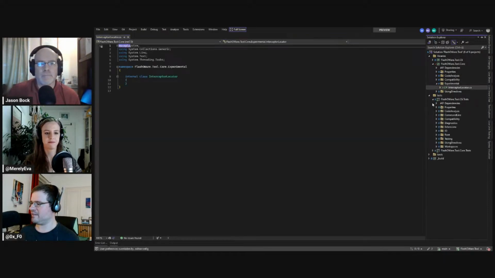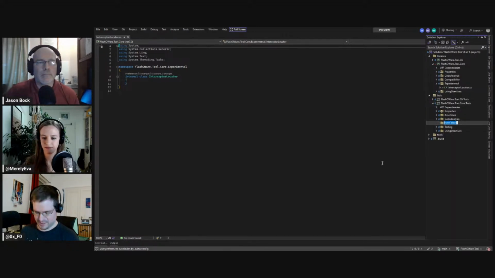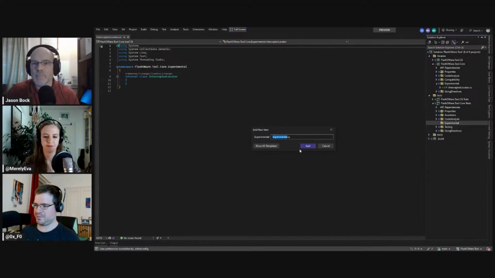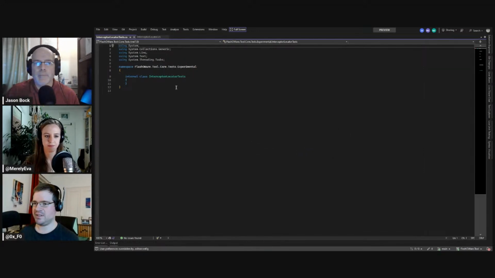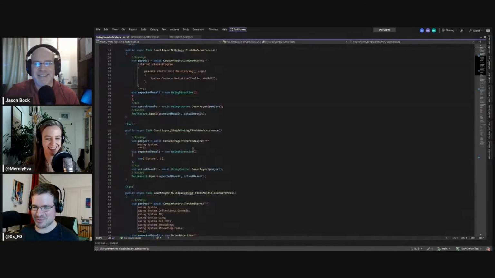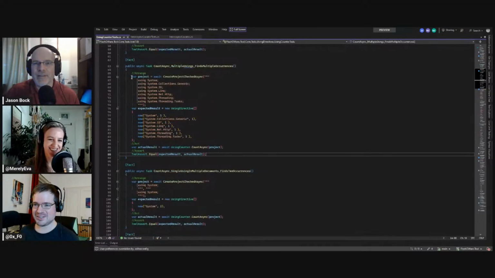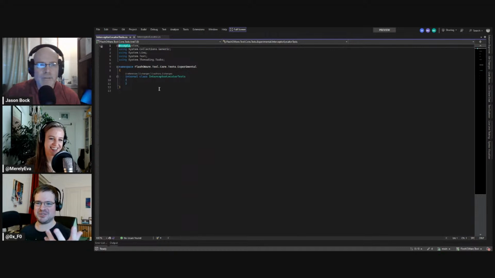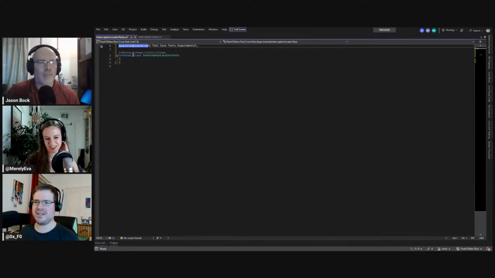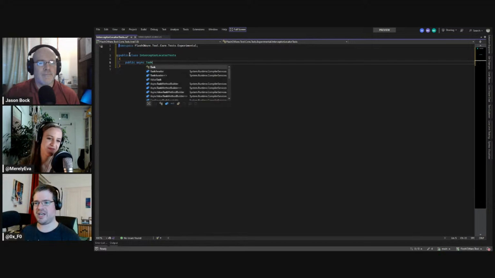And let's also create a test project for that, the experimental interceptor locator tests. Perhaps we start with a little bit of cheating and copy one of our existing tests, because we did spend quite some time building a little bit of a testing library. And this must be public, and public async task.